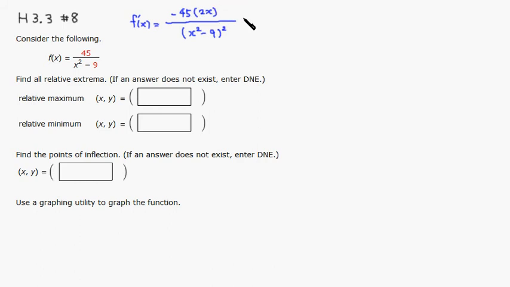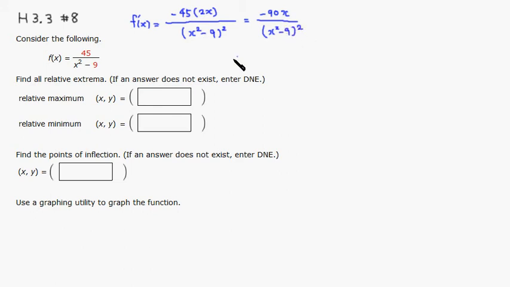So you can simplify it to negative 90x over quantity x squared minus 9